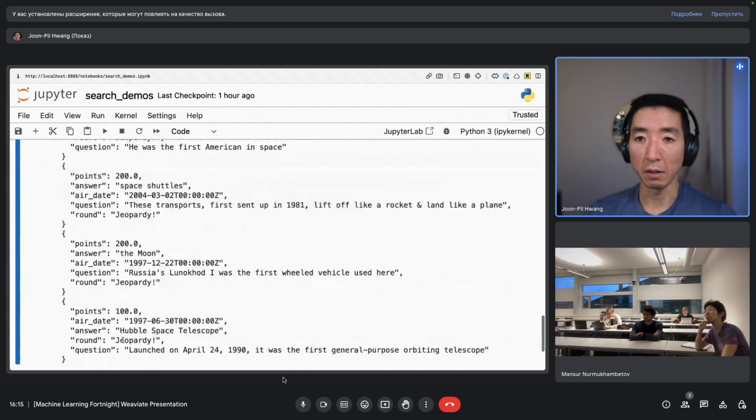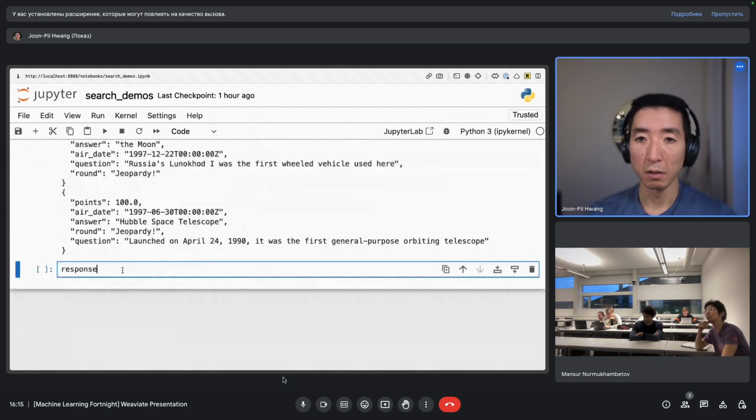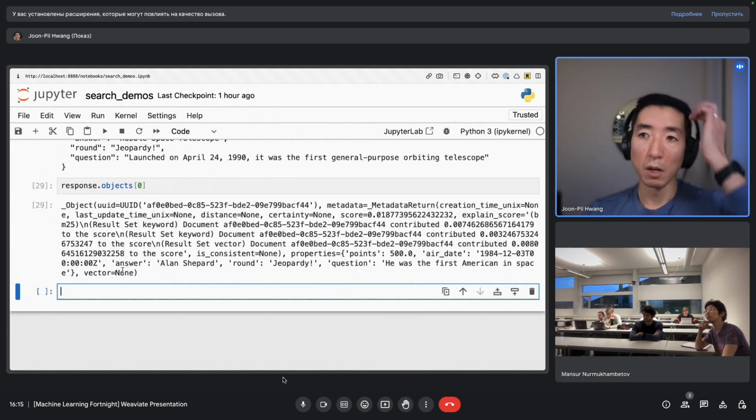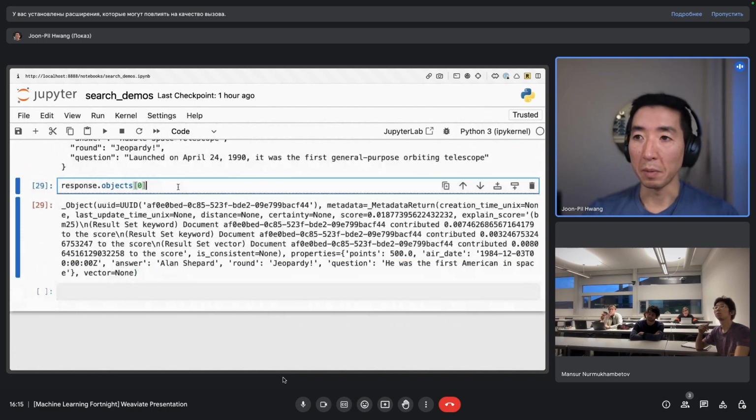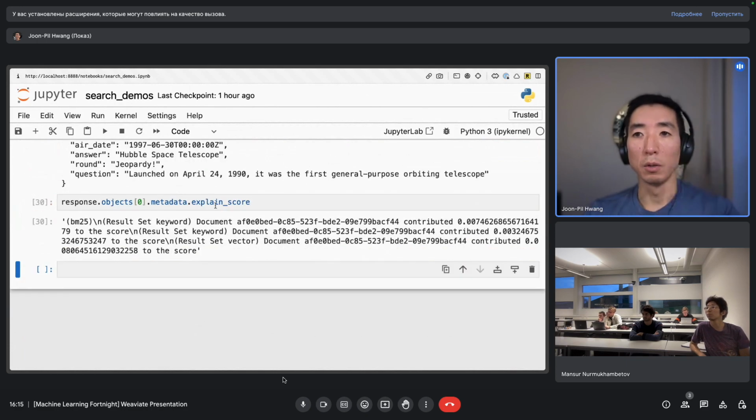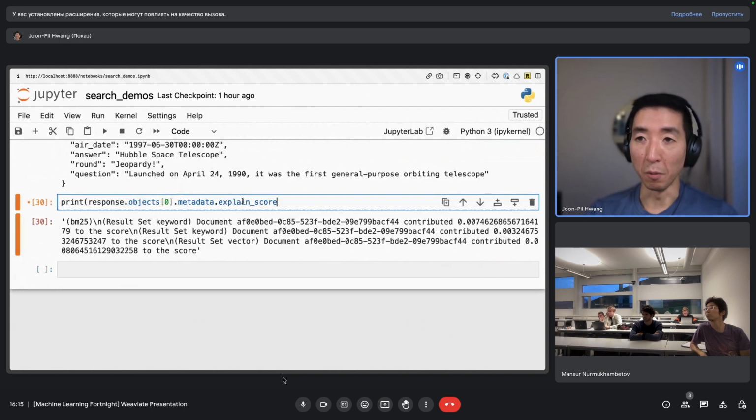And if I look at zero, cool. Maybe I should just look at explain score. Sorry, trying to get the formatting right.